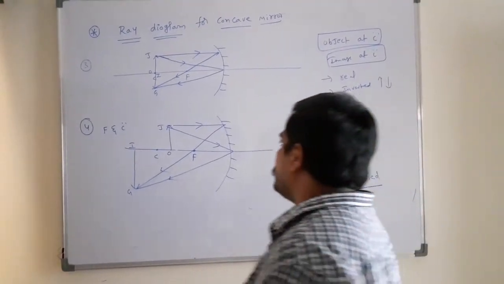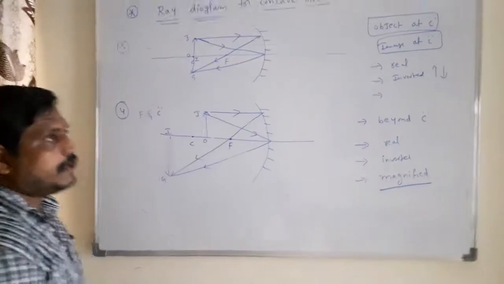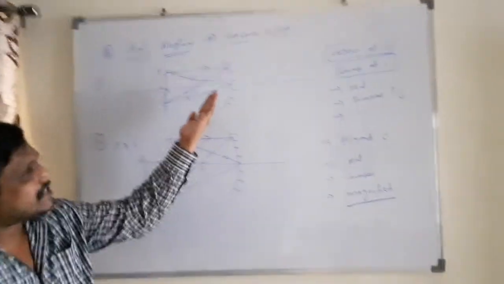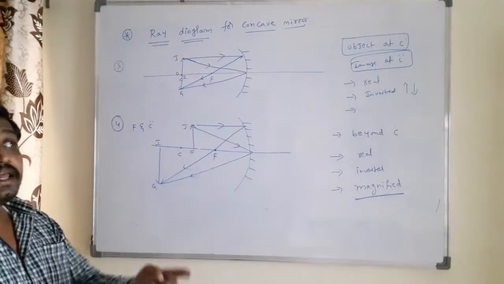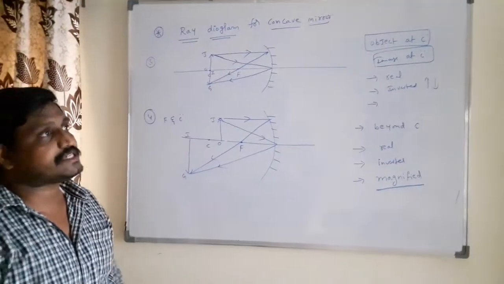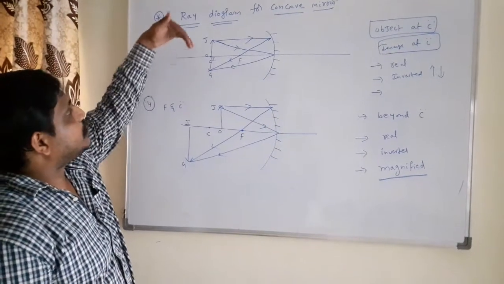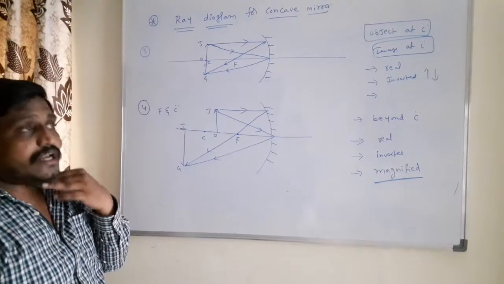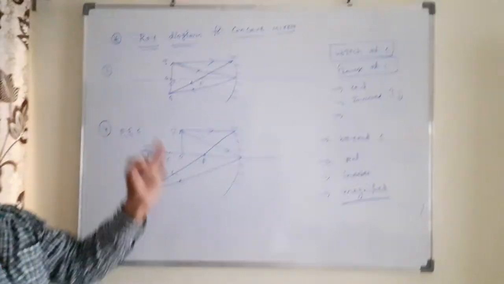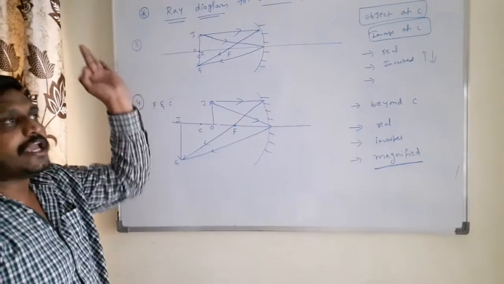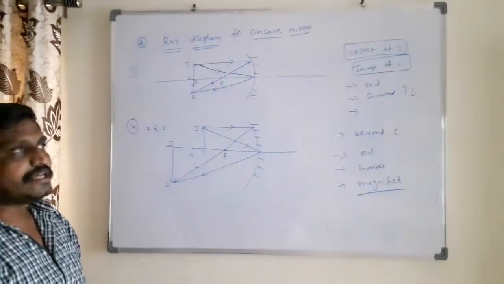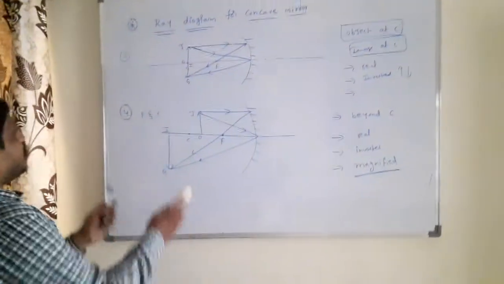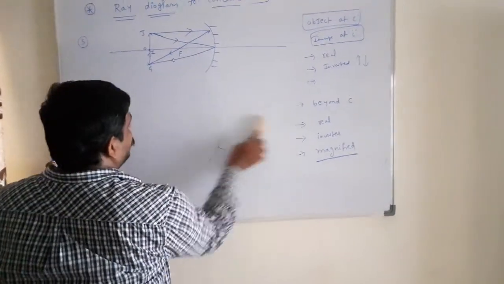Okay. In these four cases, we observe that as the object moves towards the mirror, the image moves away from the mirror. And one more point I noticed: the object and the image are both in front of the mirror. Object and image are both formed on the same side of the concave mirror, that is called in front of the mirror. These are the four diagrams, and next, another diagram.